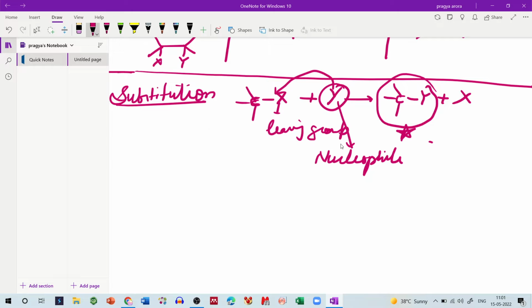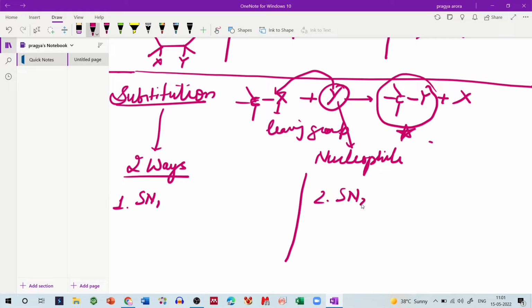This substitution reaction can occur in two ways. There are two kinds of nucleophilic substitution reaction. One is SN1, another one is SN2. So in SN1, what happens? Basically, it is a two-step process. So what happens is that